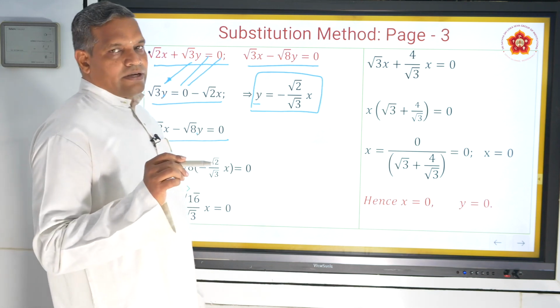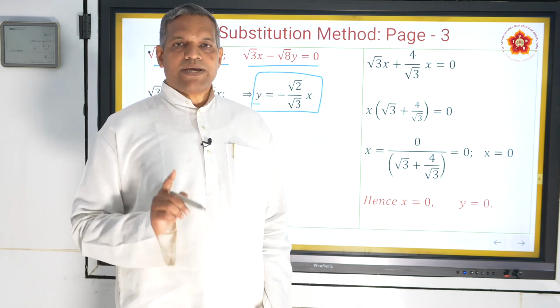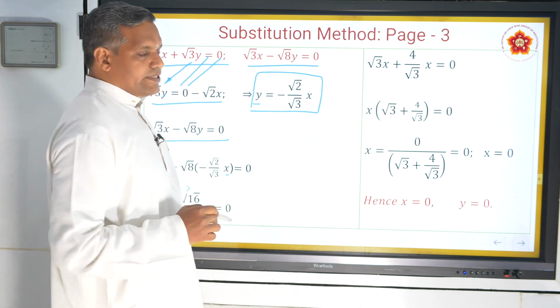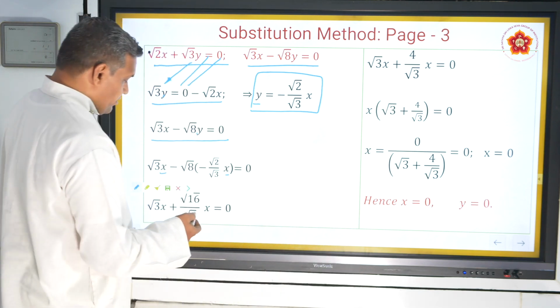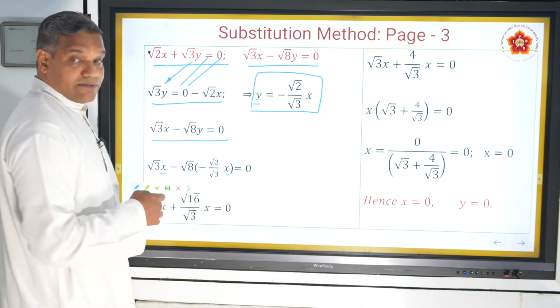The moment you come here, that's it, you got this. Now what is your intention? You don't want to get into any further details than getting only the value of x here, because you got x here also, you got x here also. First job, what you think is, take the x common. Before taking x common, you cannot take x common because it's getting multiplied.